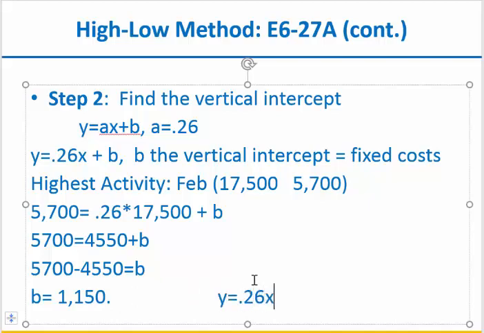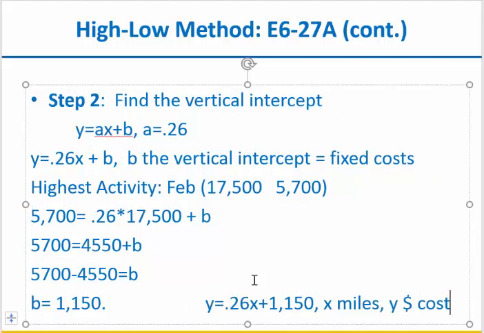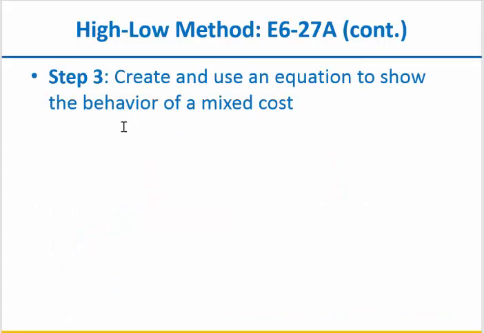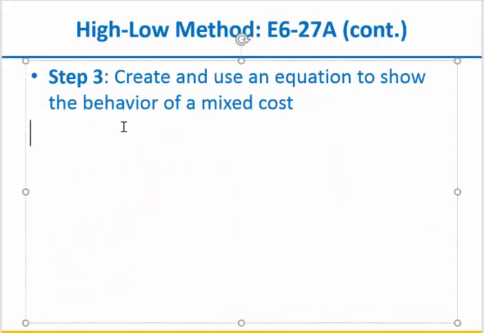y equals 0.26x, then plus b, which is 1,150. So x is miles, and y is the cost in dollars, right? So now we can use this, that's a conclusion of C. So this equation is set up. Okay, it's set up. So y equals 0.26x, then plus 1,150. So the prediction is